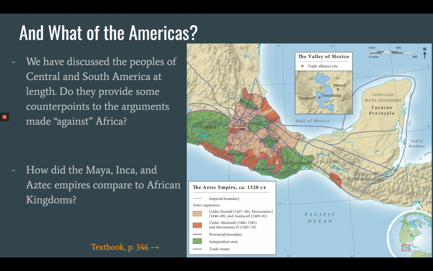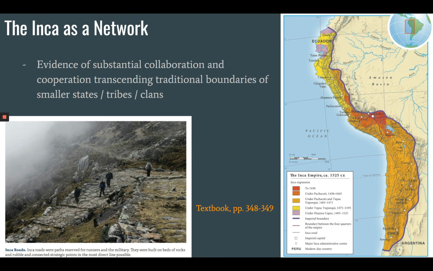I think pretty much all of them, in fact, have these broader physical scopes and conglomerate large groups of otherwise different peoples in ways that are similar to what we see in the Islamic Empire or the Chinese empires or the Mongol Empire, for example, than what we see in Africa. We don't see this in Africa. And yet the fates are the same. So there may be some other things to explain here.